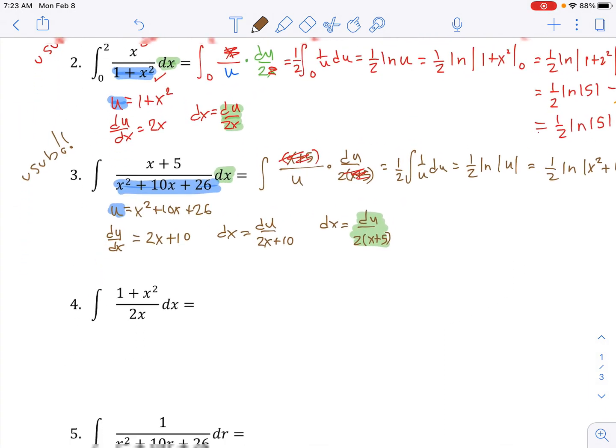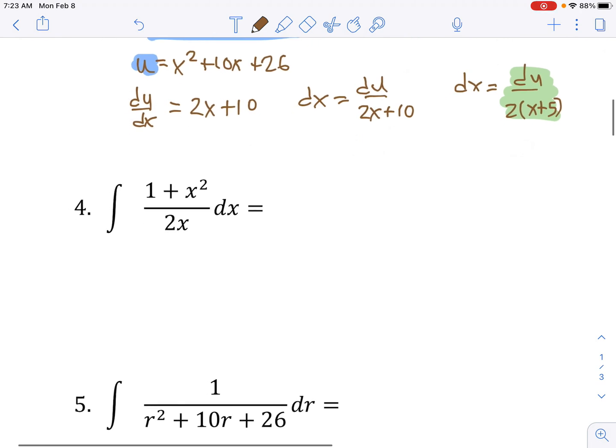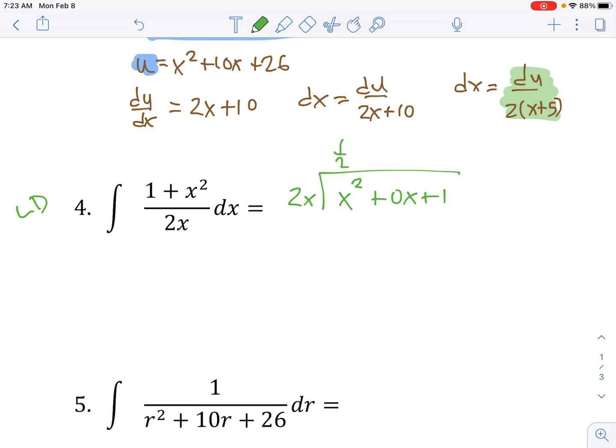Okay, number 4 looks like it's a long division. We see that the top has a higher power than the bottom, so I'm going to write the top in standard form. It's going to be x squared plus 0x plus 1. And I'm going to see how many times 2x goes into it. If that's the case, I need a half x here, and a half x times 2x is x squared. We're going to subtract that. That's going to be 0, plus 0x,